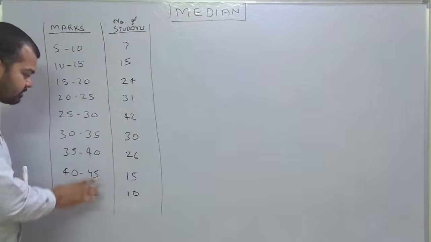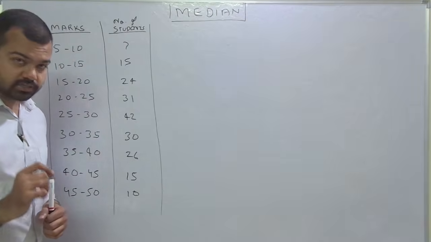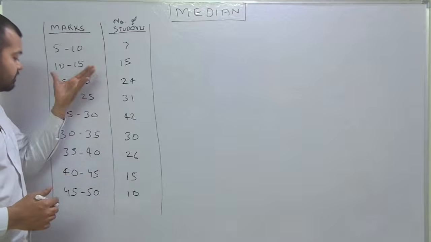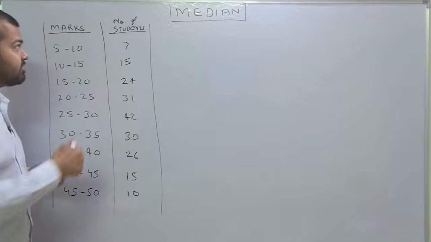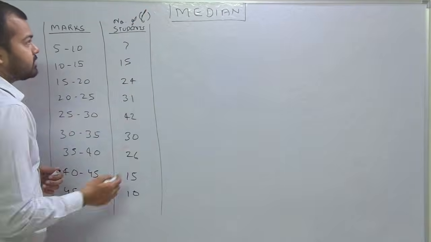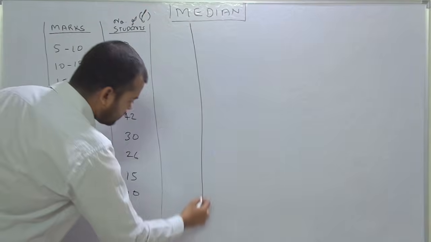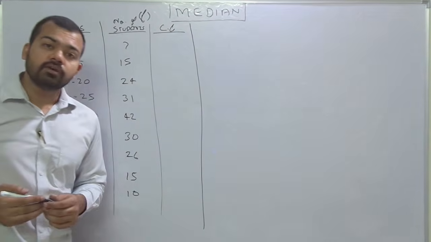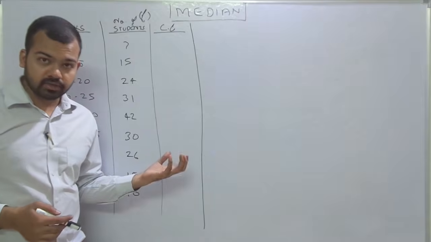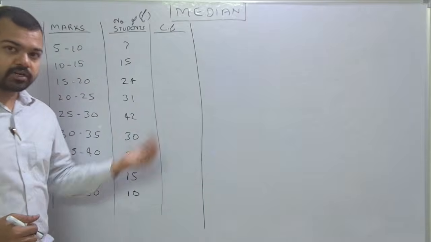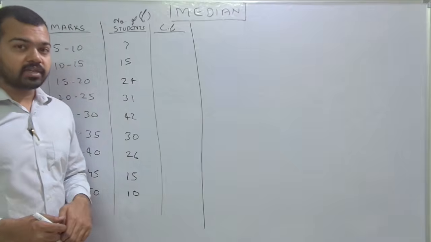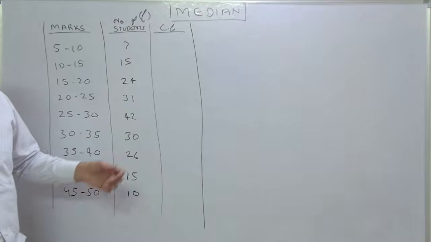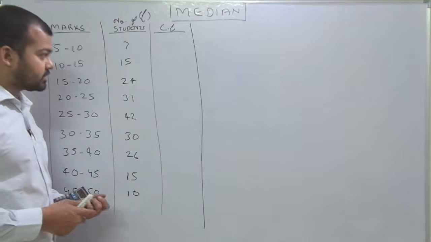These are the class intervals because we are dealing with the continuous series, and these are the number of students. It means we can refer to this as class, and this is also known as F. So we can write F here. Now, for the next column, you have to find the cumulative frequency, that is CF. In the last video we learned how to calculate cumulative frequency. If you want to learn that, you can go back to the video, median with discrete series. Now we are dealing with the continuous series, and we need to calculate this cumulative frequency.